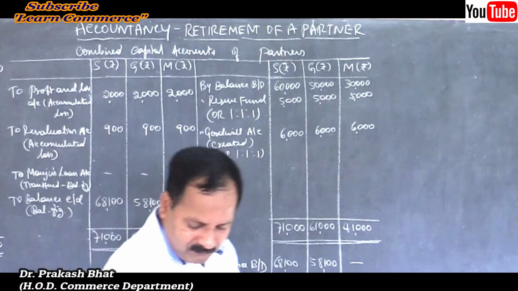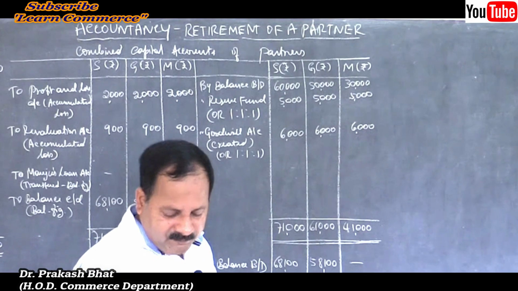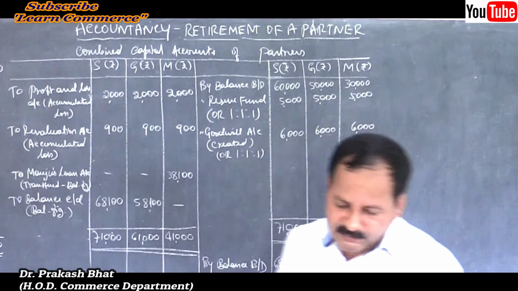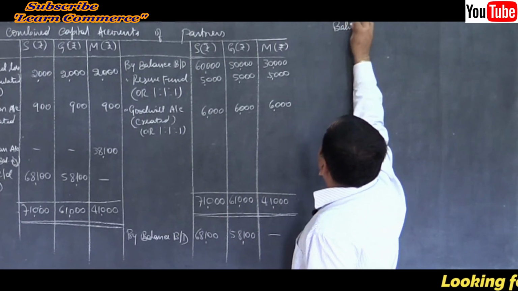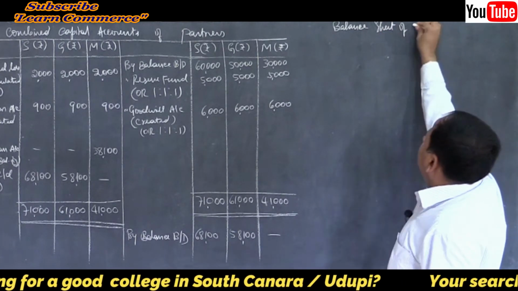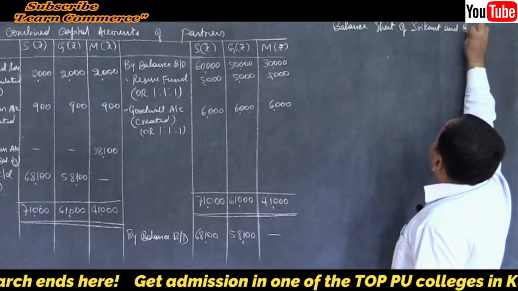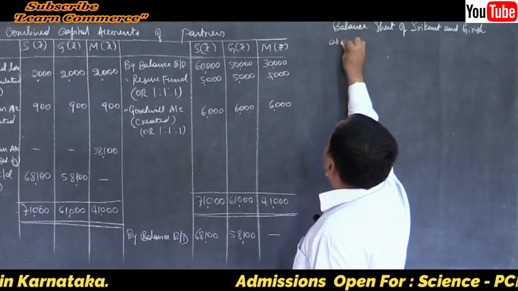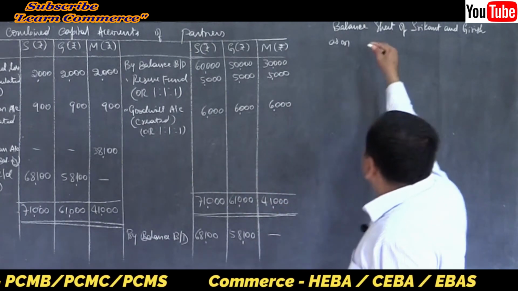Now moving on to the last part, that is balance sheet of Shrikant and Girish, right? Balance sheet of Shrikant and Girish as on, what is the date of retirement? 1/4/2018, right? So April 1st,